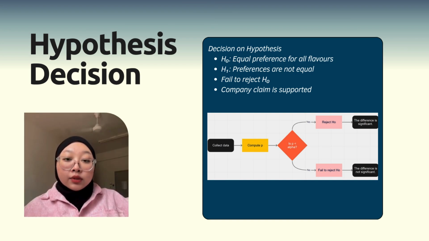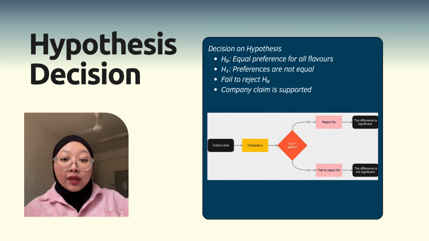Next, we move on to the hypothesis decisions. The null hypothesis H0 states the customers equally prefer all 6 drink flavors. On the other hand, the alternative hypothesis H1 states the customer preferences are not equally distributed among the flavors. Based on our analysis, we fail to reject the null hypothesis because the calculated chi-square value 2.19 is smaller than the critical value of 11.07. This indicates that there is insufficient statistical evidence to suggest that customers prefer one flavor significantly